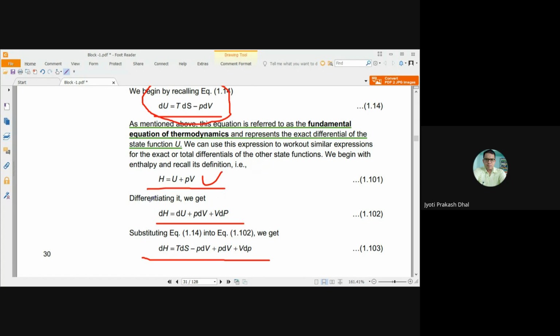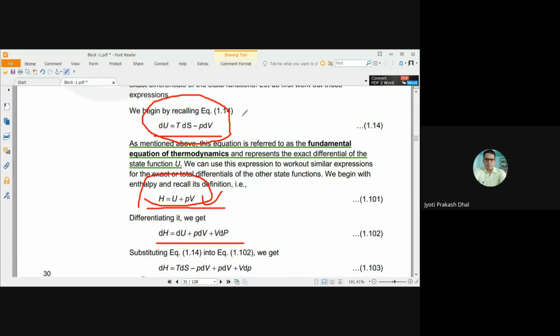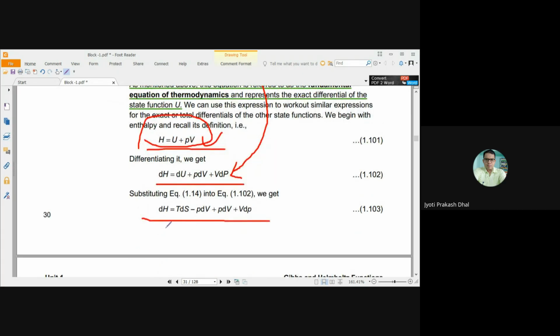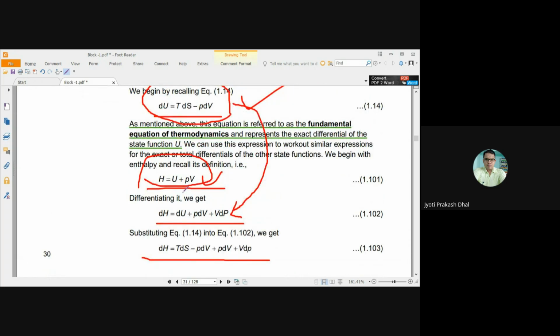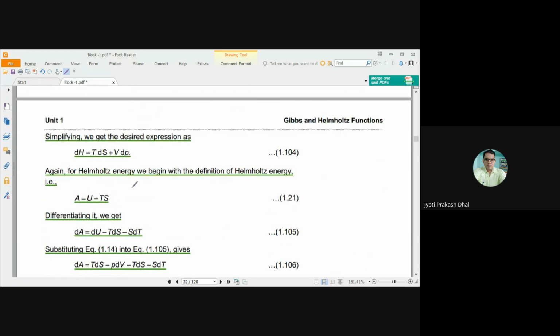If we differentiate this equation, we can write dH equals dU plus PdV plus VdP. And again, by substituting the fundamental equation here, we write TdS minus PdV in place of dU. So the equation becomes dH equals TdS minus PdV plus PdV plus VdP. That means PdV will be cancelled out, and simplifying that we find that dH equals TdS